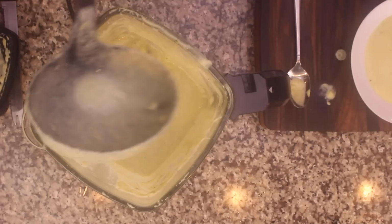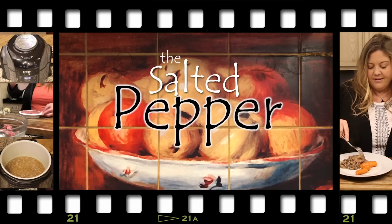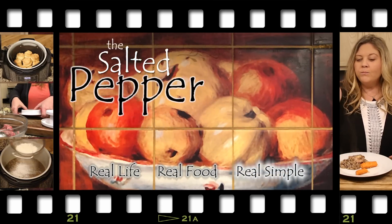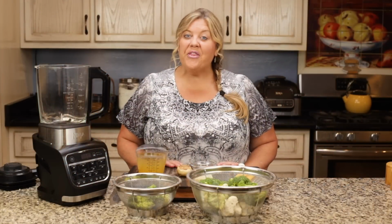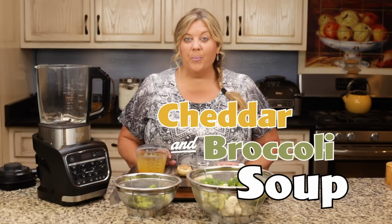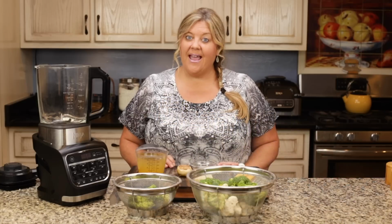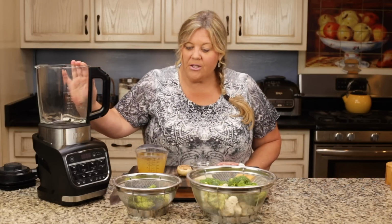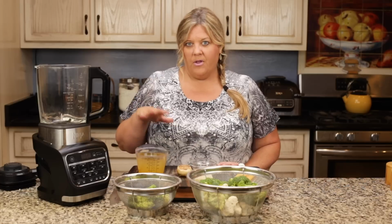That is so creamy. Welcome to the Salted Pepper, where we cook for real life using real food and we keep it real simple. Today we're gonna make a healthy version of a cheddar and broccoli soup. Super creamy, super delicious, and extremely easy to make, and I make it right in the Ninja Foodi cold and hot blender. So we only need a few ingredients, and I'm gonna go over those as I add them to